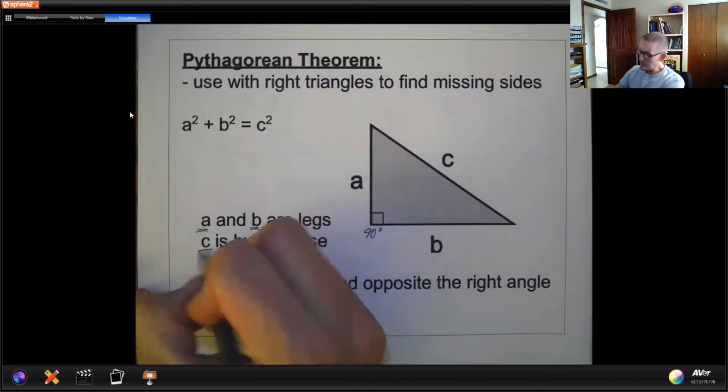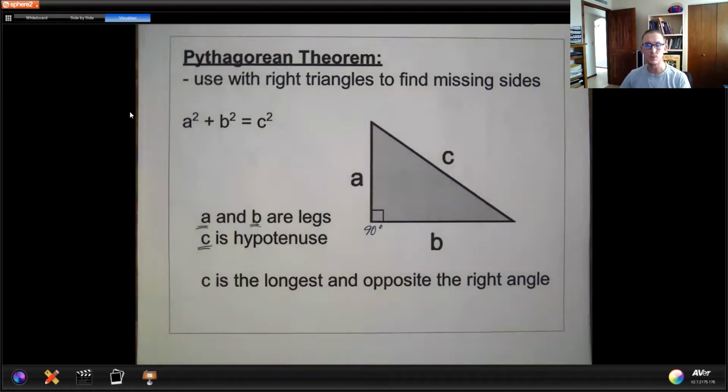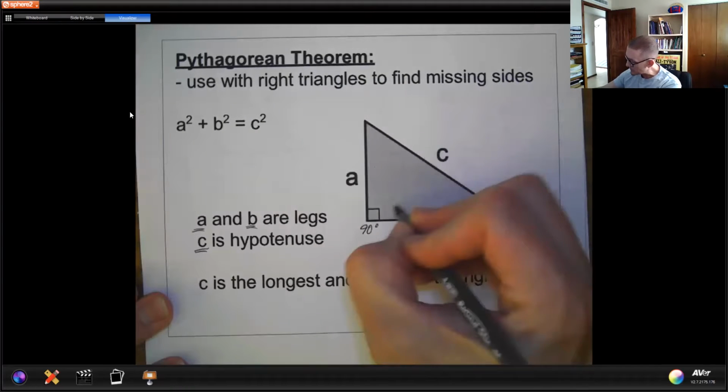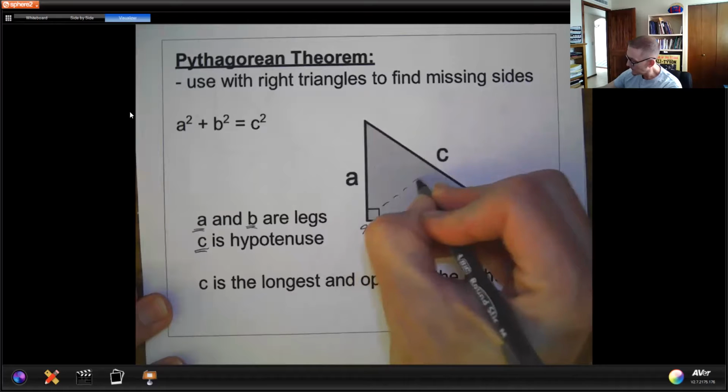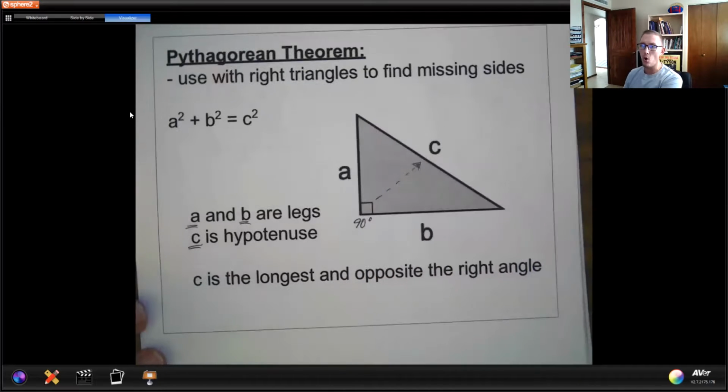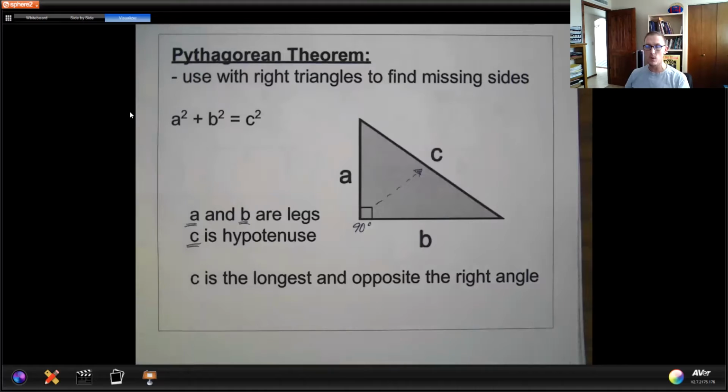C is what we call the hypotenuse. It is the most important because it's the one that has to be unique. The hypotenuse is always opposite the right angle. So side C is always going to be opposite the right angle. It's also always the longest. So when you are finding the 3 sides of a right triangle, the largest number is always going to